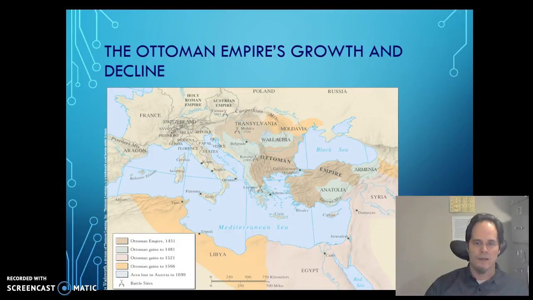On this map, we looked at this in class, but I just want to remind you, if you look at the easternmost edge of this map, which is essentially the map of the Ottoman realm during its height, I just want to point out that on the eastern side there is the edge of control of a sort of counterweight or counterpoint to Ottoman rule, the Safavid Empire, which your textbook mentions. We aren't going to be talking about them too much directly in class, but they will emerge a little bit later in my comments in the screencast.